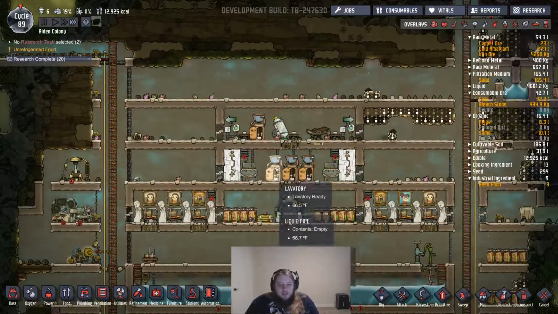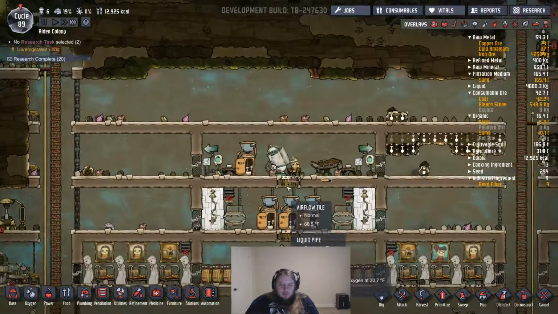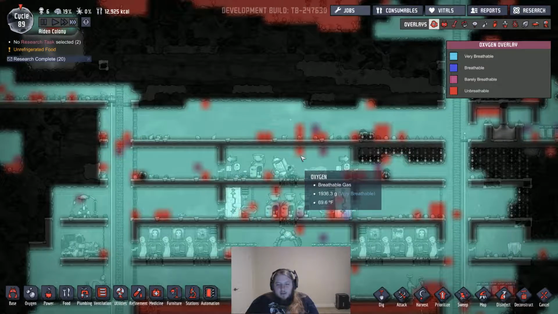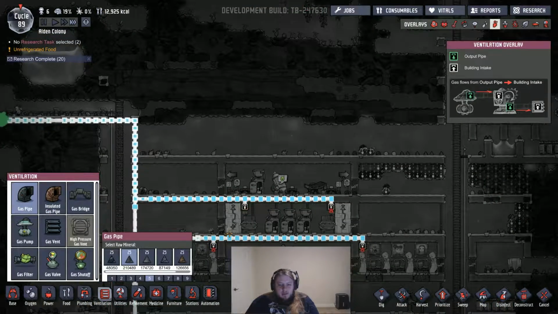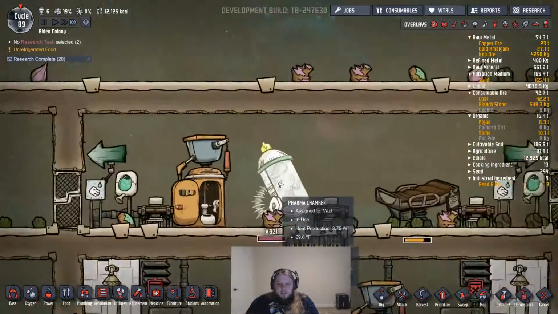There are other bathrooms, Triadana. You could use the actual toilet and not go to that one. Recovering breath? Does this thing need ventilation? Not sure how this pharma chamber works. Are you...